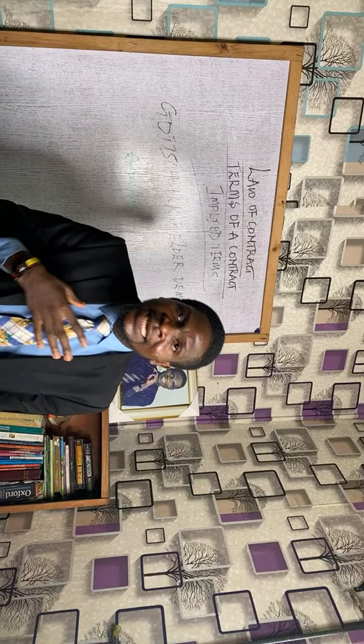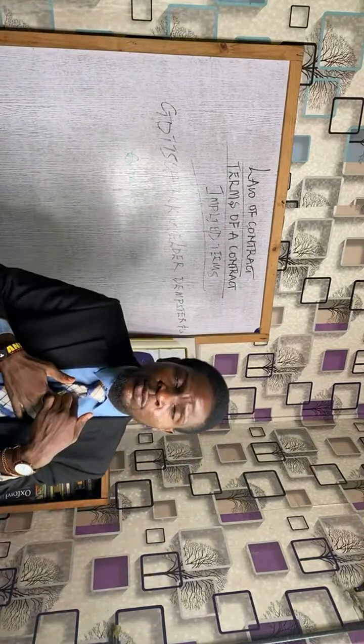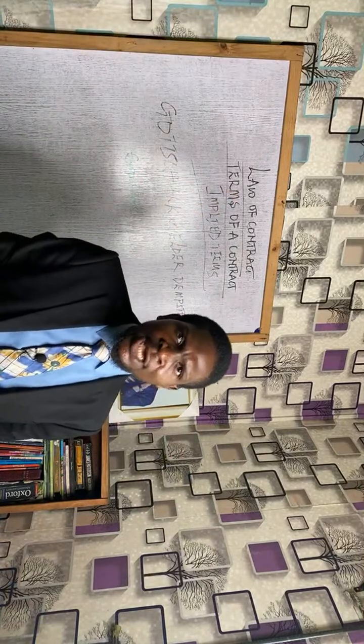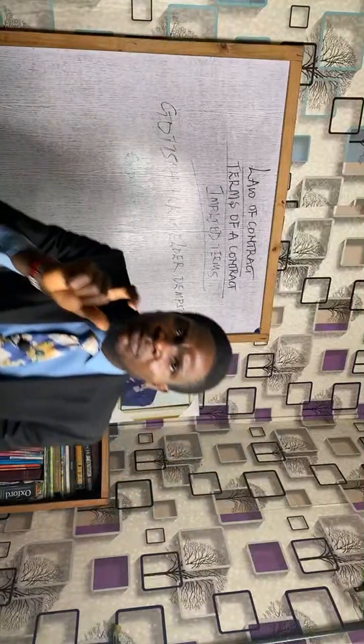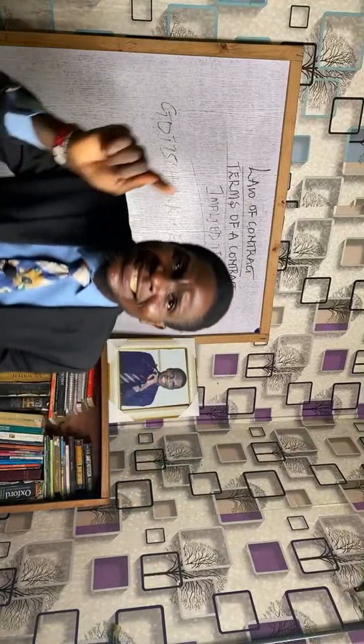There is a custom that says that when it gets to the port, I will be liable. Which one will override which one? The express term that says that I will not be liable will override the custom that says that I will be liable. Do you understand? So it still speaks to our first rule. On that subject matter that we are talking about, has there been a term in our agreement, an express term in our agreement? The moment there is an express term in our agreement, then that of trade or custom cannot be implied into the contract. An implied term cannot be said to override an express term.